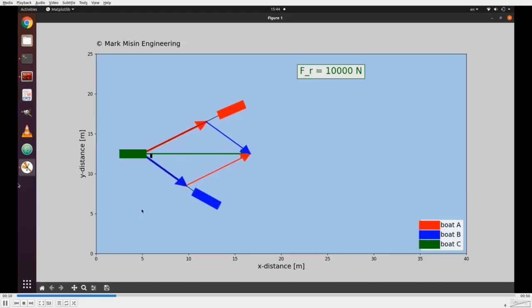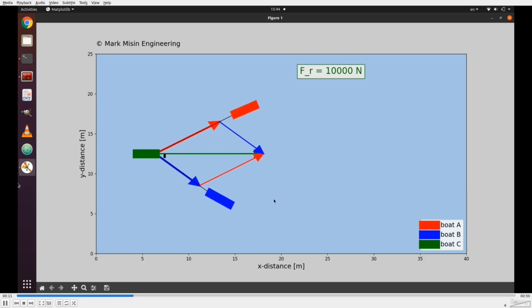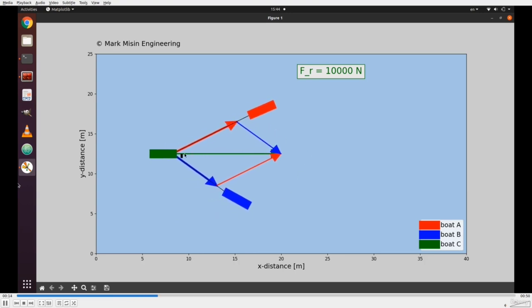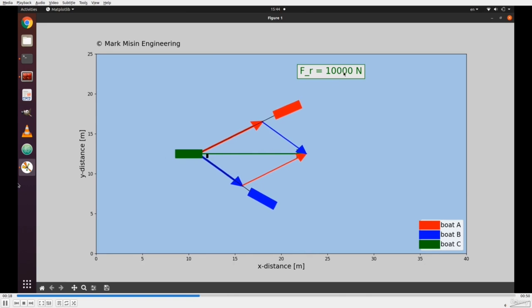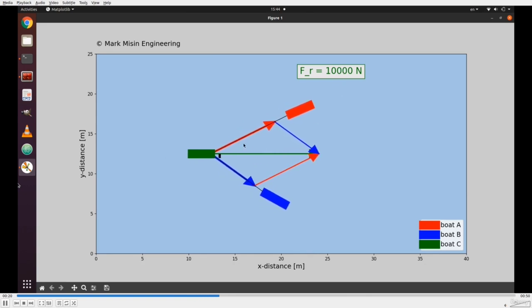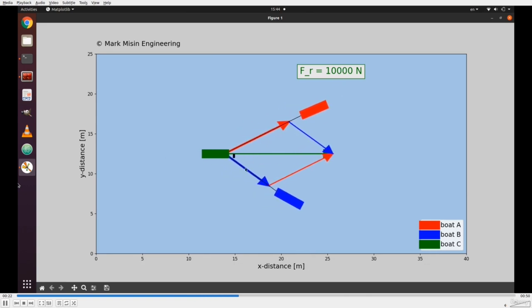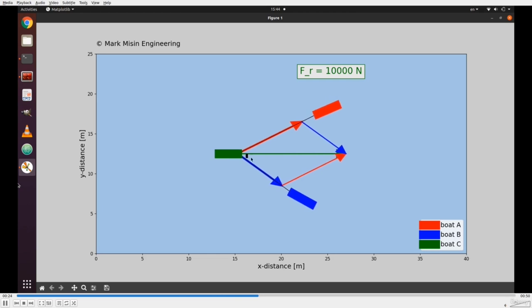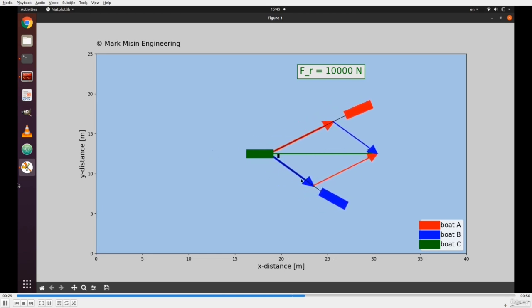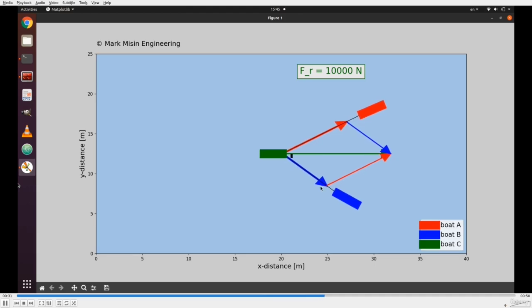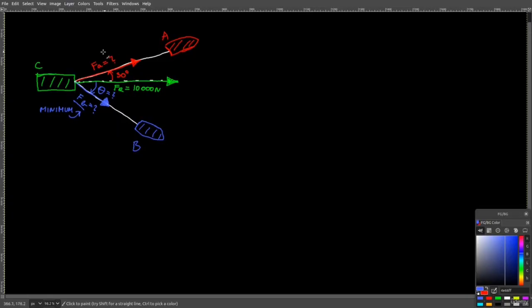Welcome back. So now let's try to solve this exercise where you know that your resultant vector needs to be 10,000 newtons, but you don't know your FA, nor FB, nor theta. And so another condition is that your FB needs to be minimum. So let's try to solve this problem now. Let's see if we can figure this out. Your first reaction